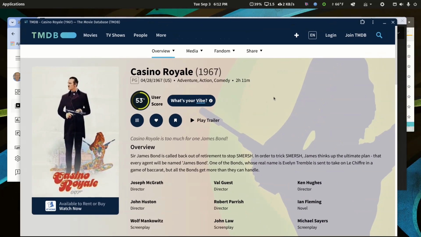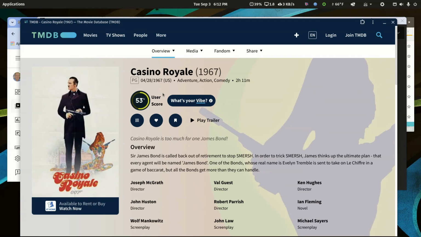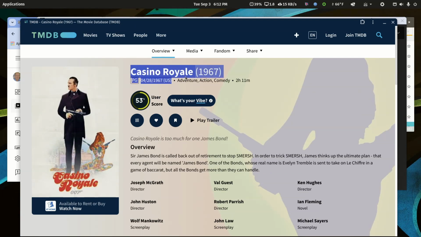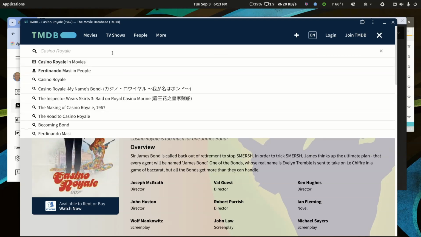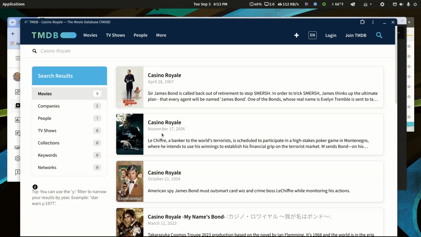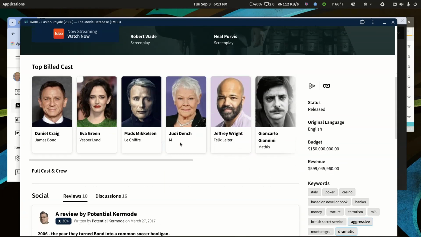So I pulled up Casino Royale. James Bond, you'd think it would be part of a collection. Well, this is an unusual example where this one movie is not part of the Bond collection. But if I search for movies and I pick the 2006 movie and then slide down,